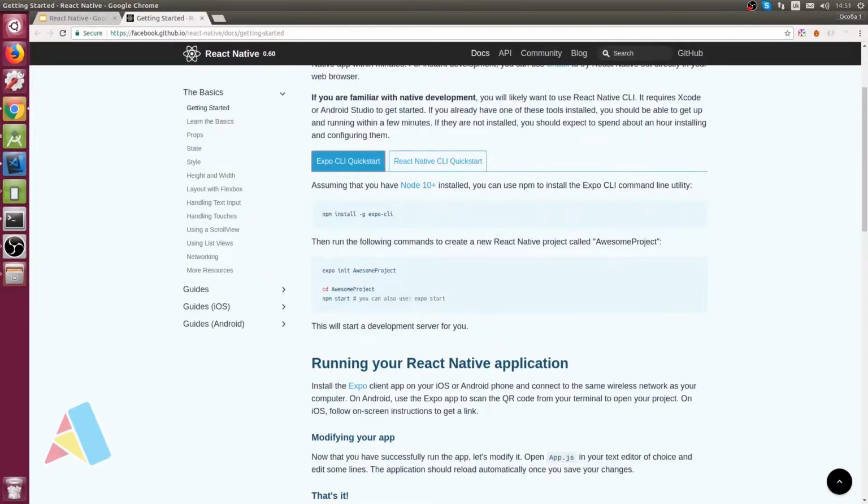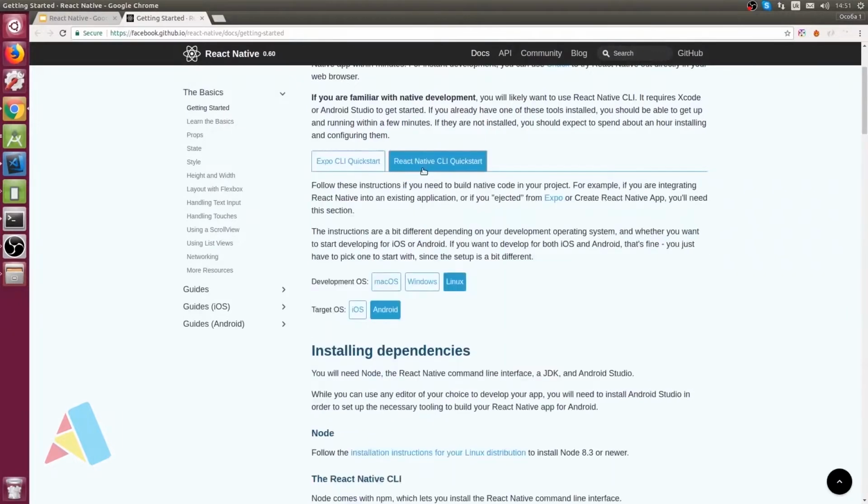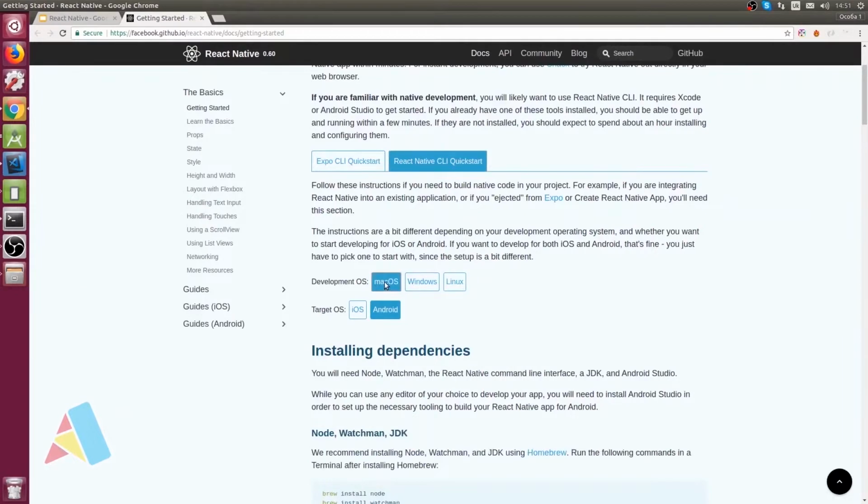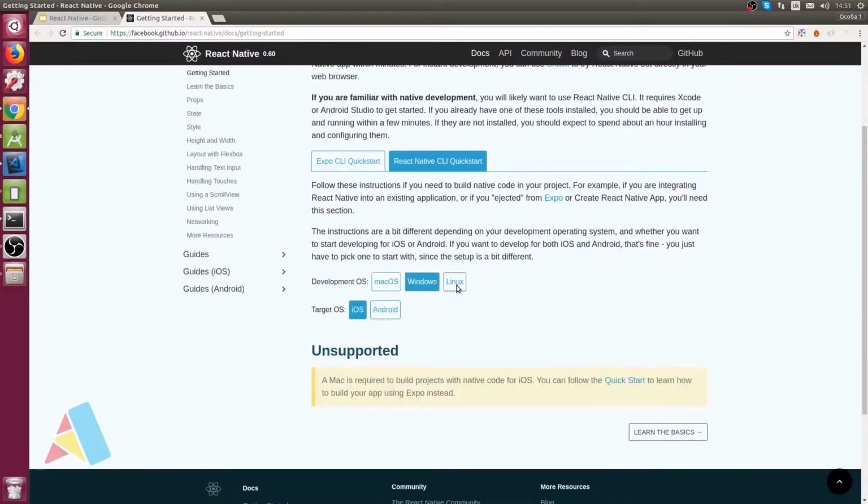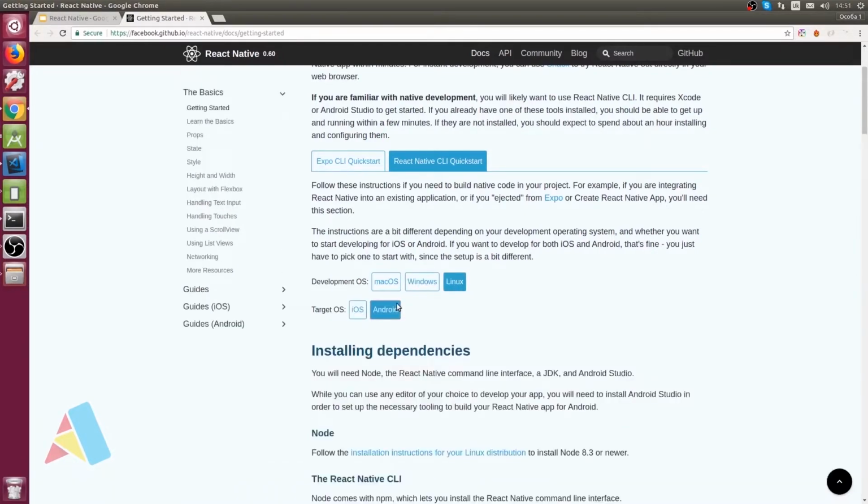I recommend using React Native CLI, and this is what we're going to use during this lecture. Here, the process of setting up the development environment depends on your operating system. If you have macOS, then you can run the application both on iOS and on Android. If you have Windows or Linux, only the Android option is available for you. Basically, there should not be any problems or pitfalls with this. Everything is described in sufficient detail,